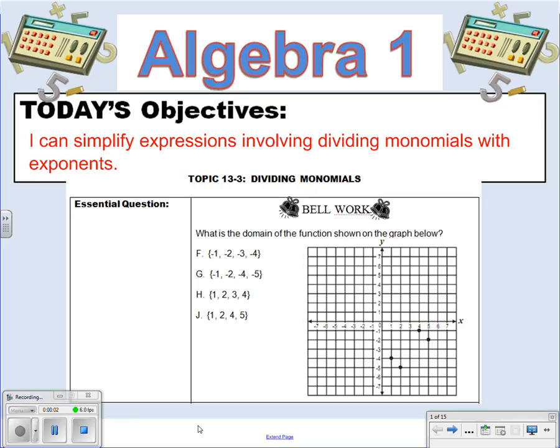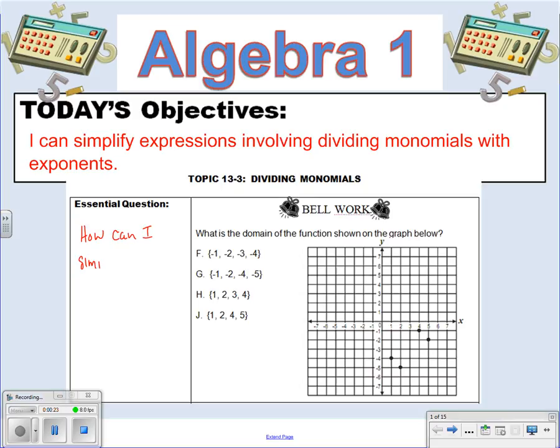This is topic 13.3, dividing monomials. Our objective today is I can simplify expressions involving dividing monomials with exponents. And so our essential question that we'll be able to answer after we finish our notes is, how can I